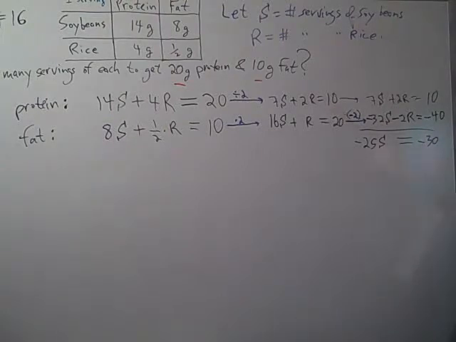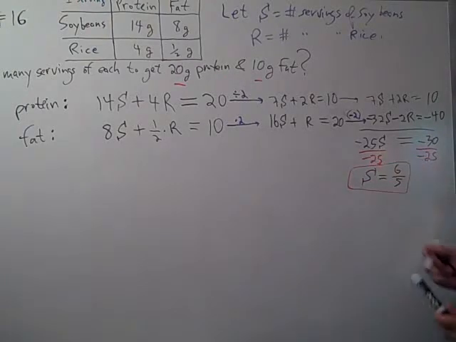And if we divide both sides by negative 25, we end up with S, the number of servings of soybeans, equals, well, the negatives cancel out, because a negative divided by a negative is a positive. 5 goes into 30 6 times, and 5 goes into 25 5 times. So 6/5 of a serving of soybeans